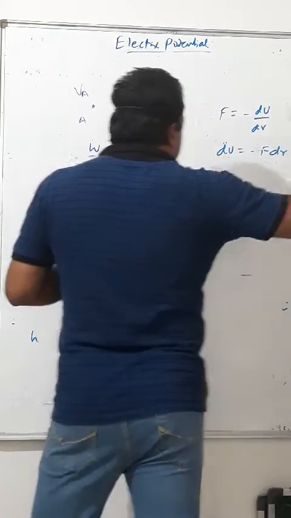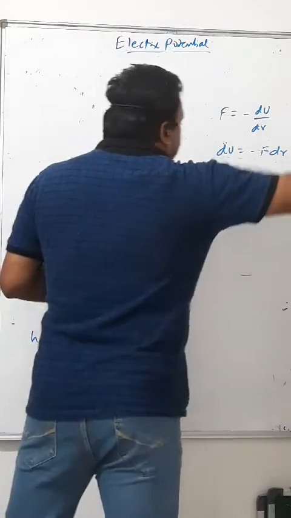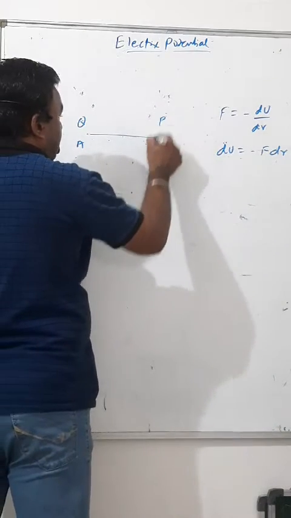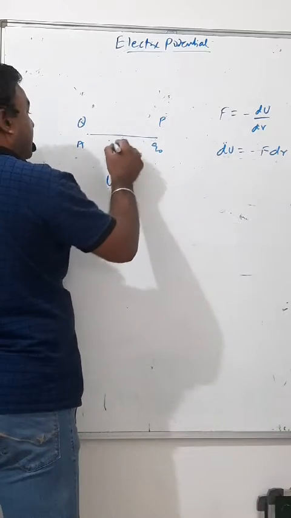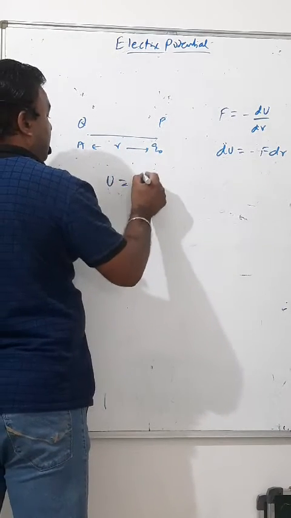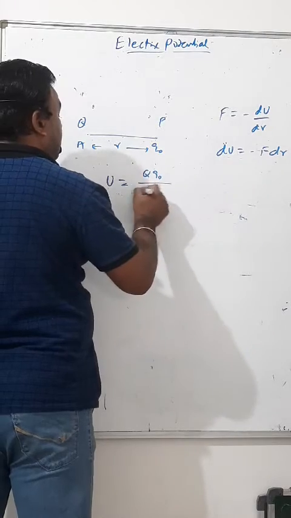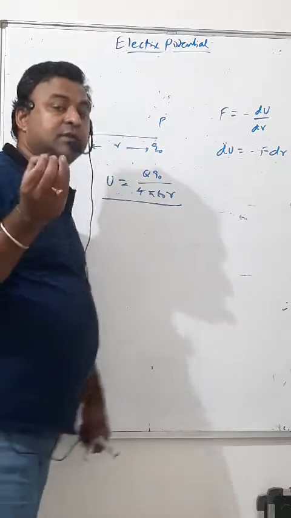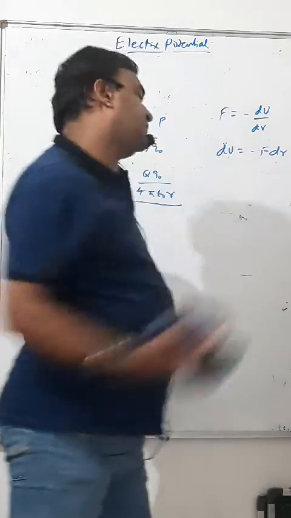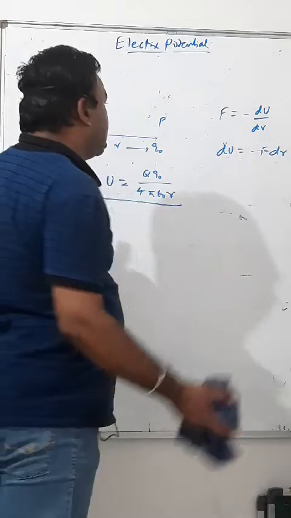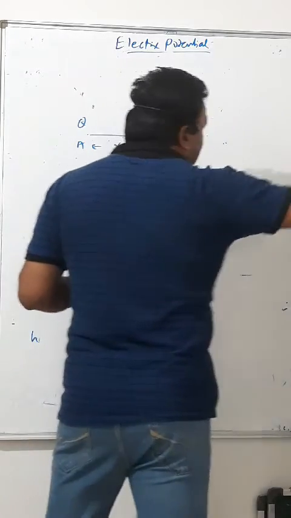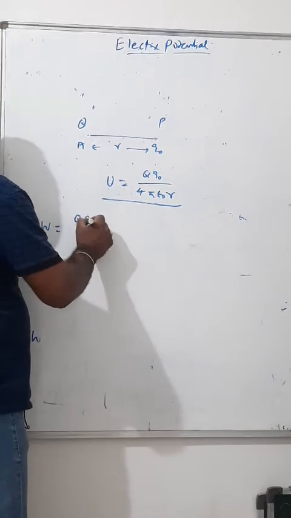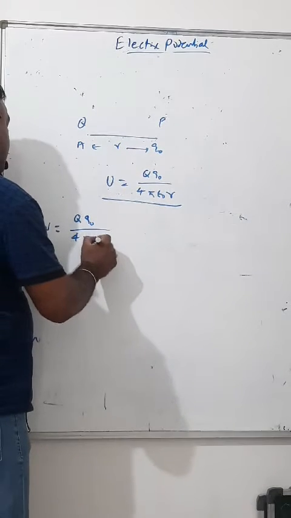Many times students ask me a question. I simply write the potential energy as, in this case, this charge q placed at point A, this one q naught. Then I say the potential energy of the system is q q naught upon 4 pi epsilon naught r. Now, there is a little misconception which students usually ask me. I will discuss it here. Look, the work we calculated was q naught by 4 pi epsilon naught